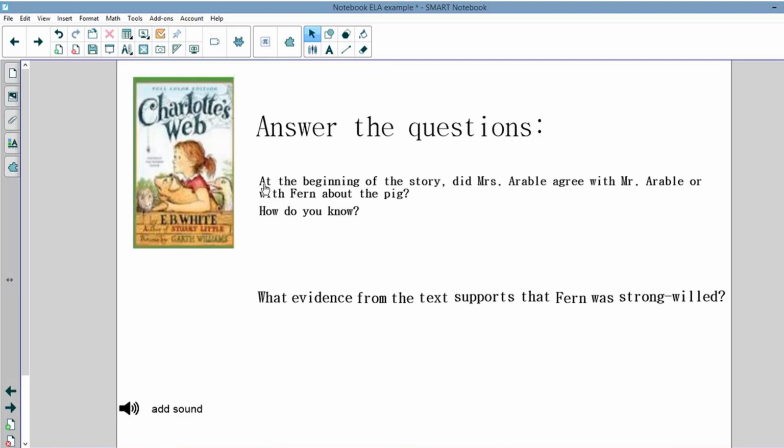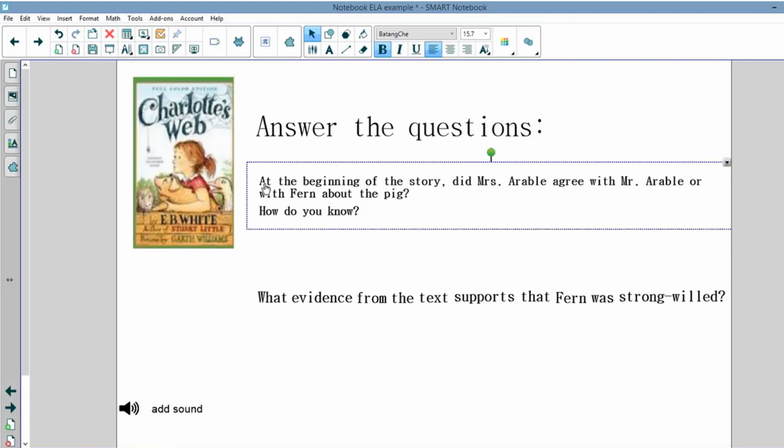At the beginning of the story, did Mrs. Arable agree with Mr. Arable or with Bert the pig? How do you know? At the beginning,